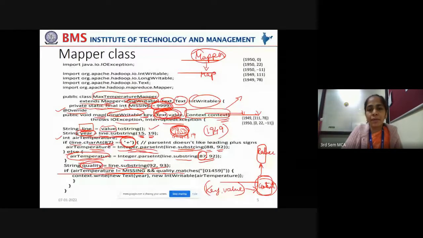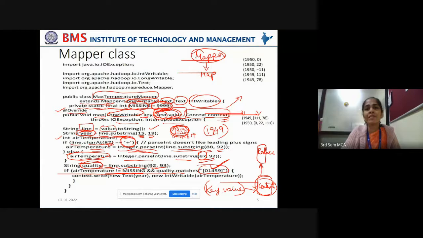How do you check whether it is properly recorded? You match it with the pattern here. If the quality code extracted from the string matches any of 0, 1, 4, 5 or 9, then it is a proper capturing of the meteorological measurement. But other than this, if you have any trailing value after the air temperature, it indicates an erroneous value. So this depends on the domain expert's indication.